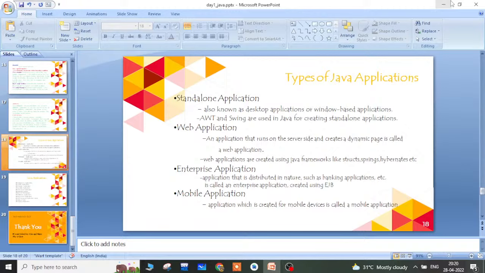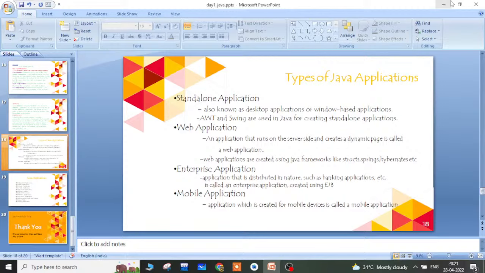For example, if you create an application for your college or an organization, such as an attendance management system or fees management system, those applications are implemented in Java using AWT tools or Swing to build the interface.